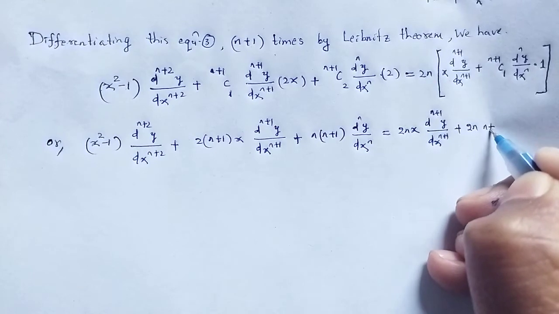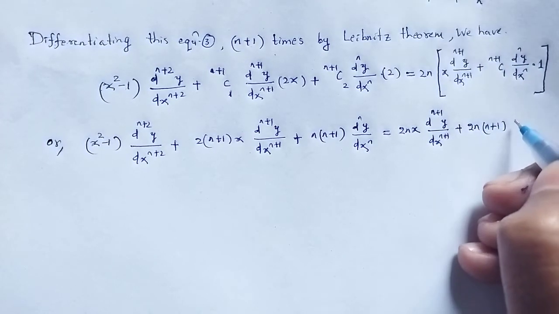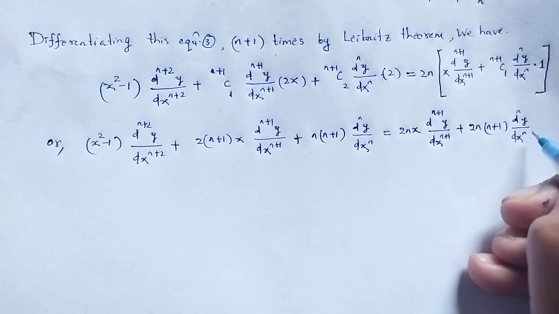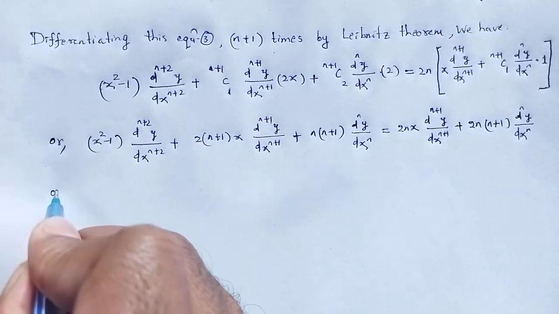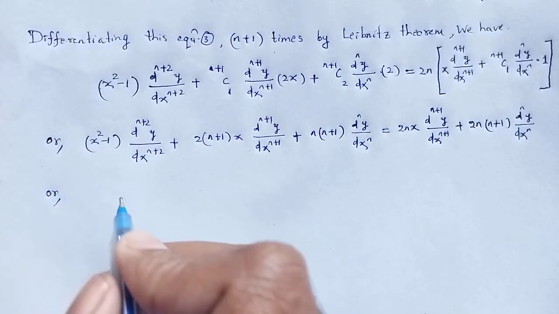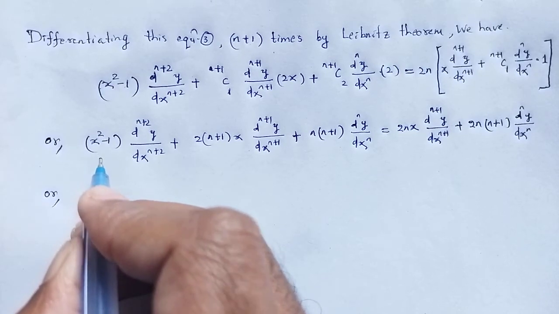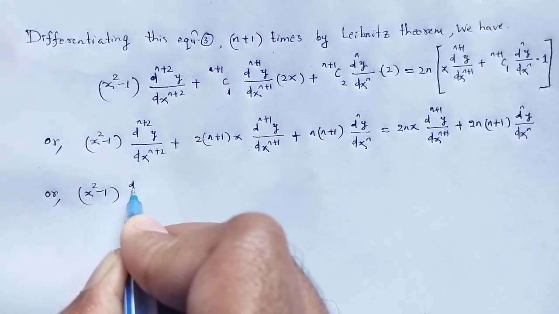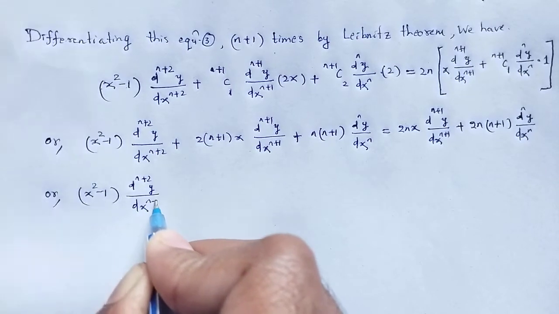2n(n+1), and the value of (n+1)C1, dⁿy/dxⁿ, or that is (x² − 1) dⁿ⁺²y/dxⁿ⁺²